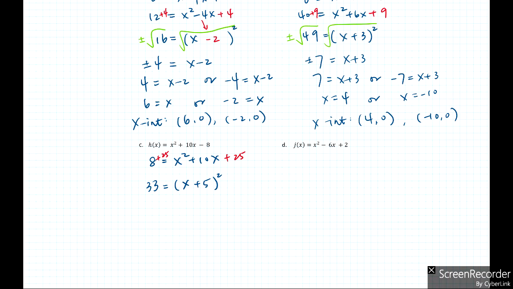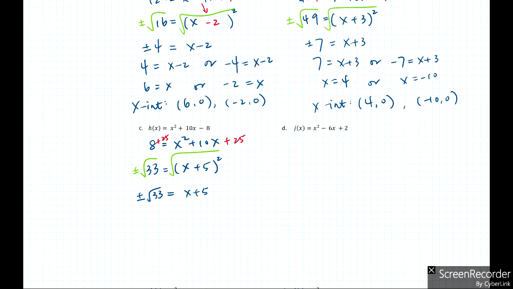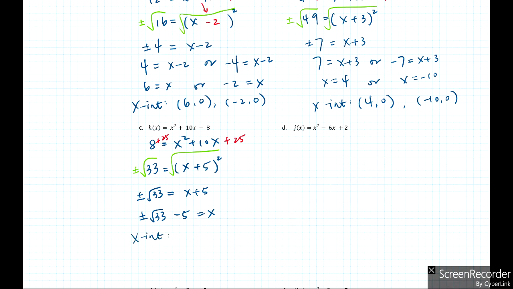And now we can take the square root on both sides and get plus or minus root 33 is equal to x plus 5. And therefore, our x is equal to plus or minus root 33 minus 5. And the x-intercepts will be (root 33 minus 5, 0) or (negative root 33 minus 5, 0) over here. Then for part D,